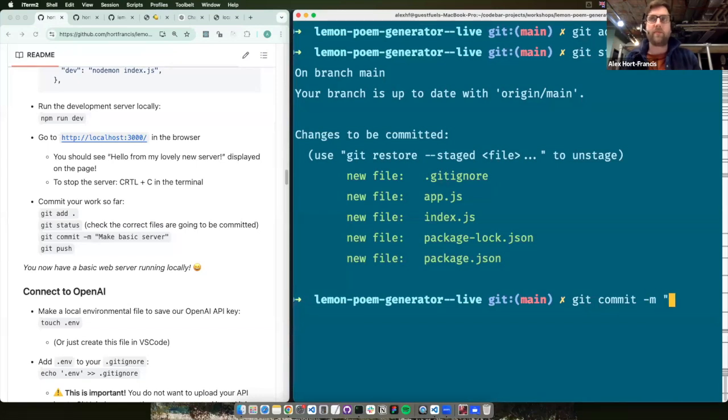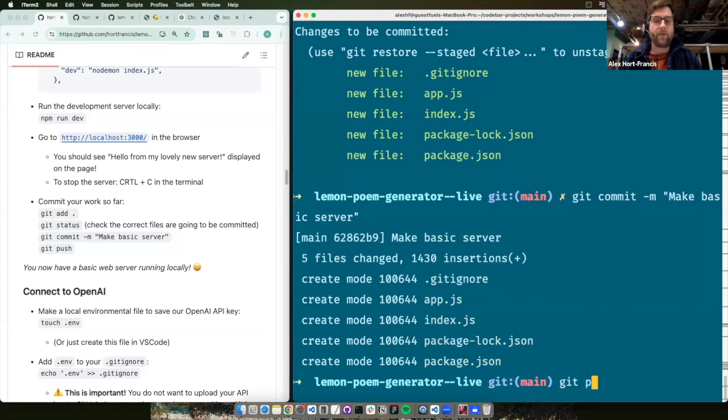-m, always use a message. Very useful to keep a message, a description of what you've done in each commit. Make basic server. Done that, great. Git push. And now,